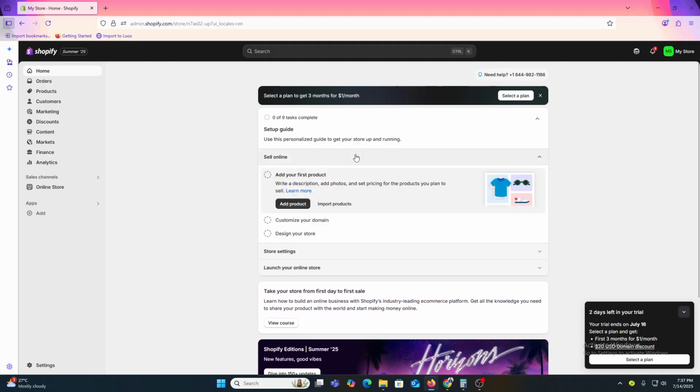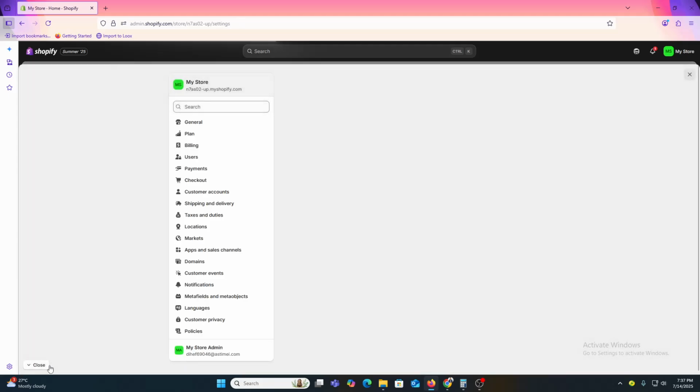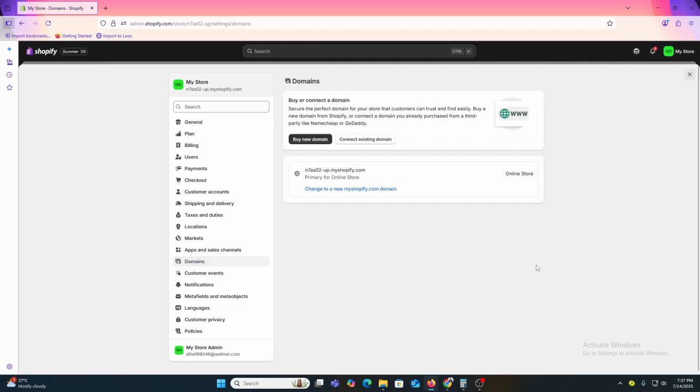From there you can add the domain also, but I will go with the settings, and here you will be able to see the domain options. You just need to click over here, and if you want to connect your existing domain, go with that. Or if you want to buy a brand new domain by using Shopify, then you can just